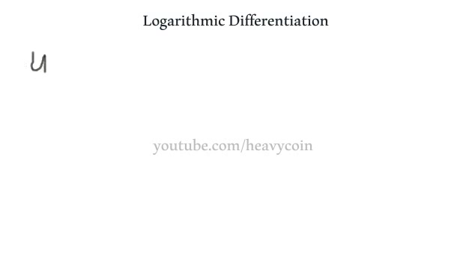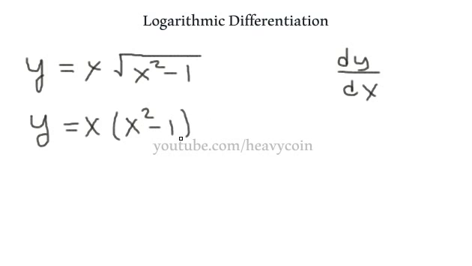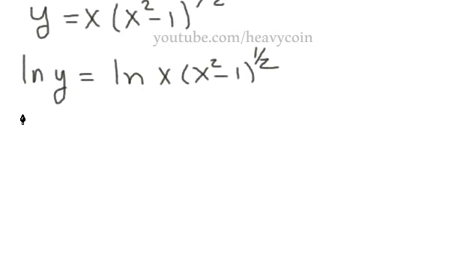So we have y, try this again. We have y is equal to x times the square root of x squared minus 1. And we want to find dy over dx, and we're going to use logarithmic differentiation to do it. So the first thing I'm going to do is I'm going to go ahead and rewrite this. Y is equal to x, getting this out of radical form, putting it in exponential form. Now I'm going to take the natural log of both sides,